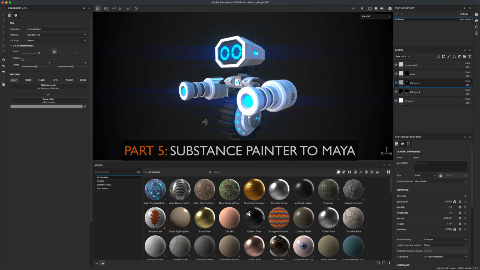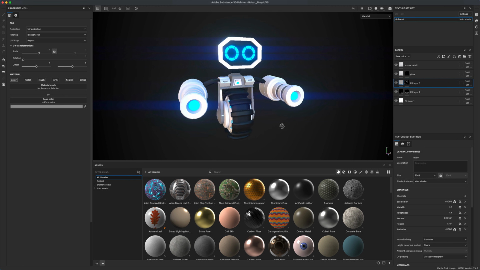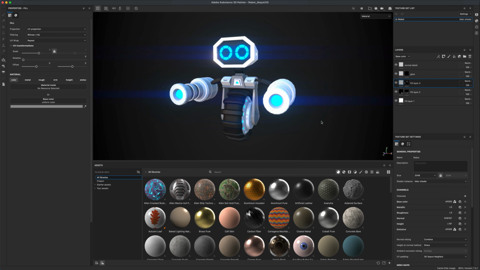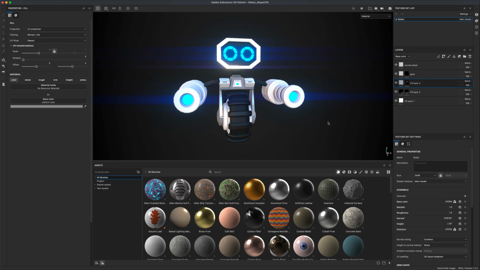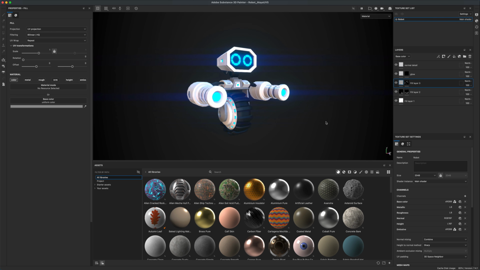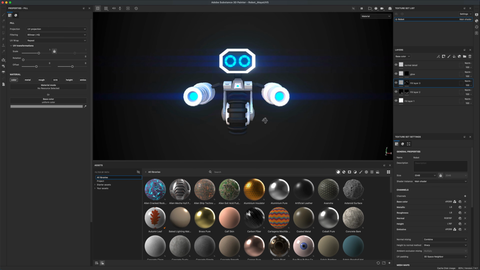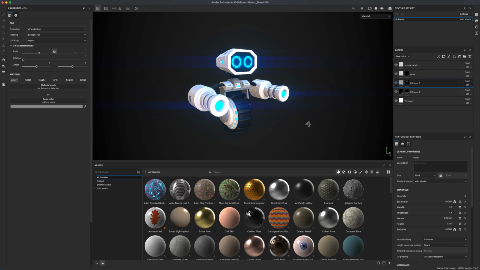So in the last video, we finished the textures for this guy here in Substance Painter. So the next step that I would like to take is just to show my personal workflow on taking the textures and applying them to the model in Maya, right? So all I would do next is just go to File, Export Textures,